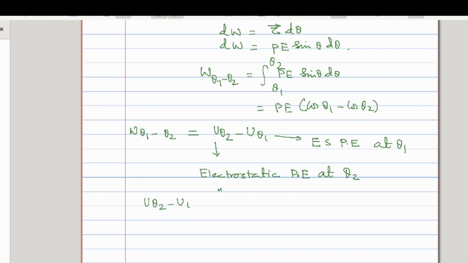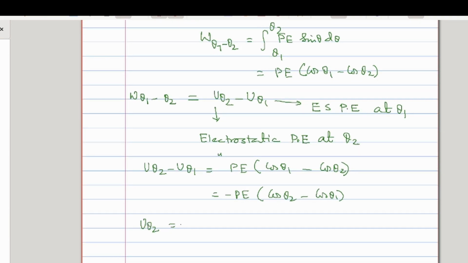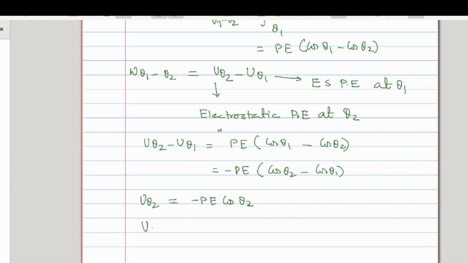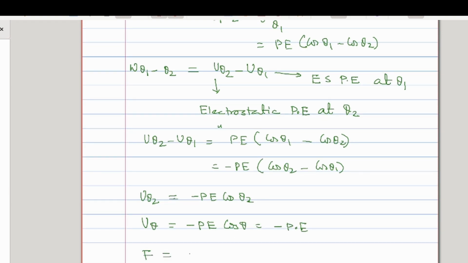u theta 2 minus u theta 1 is like that, Pe cos theta 1 minus cos theta 2. Okay, so that can be like this, Pe minus Pe cos theta 2 minus cos theta 1. So u theta 2 can be written as minus Pe cos theta 2. So u at theta can be written as minus Pe cos theta, that is minus P dot E. So force is what? Minus du dr, that is E